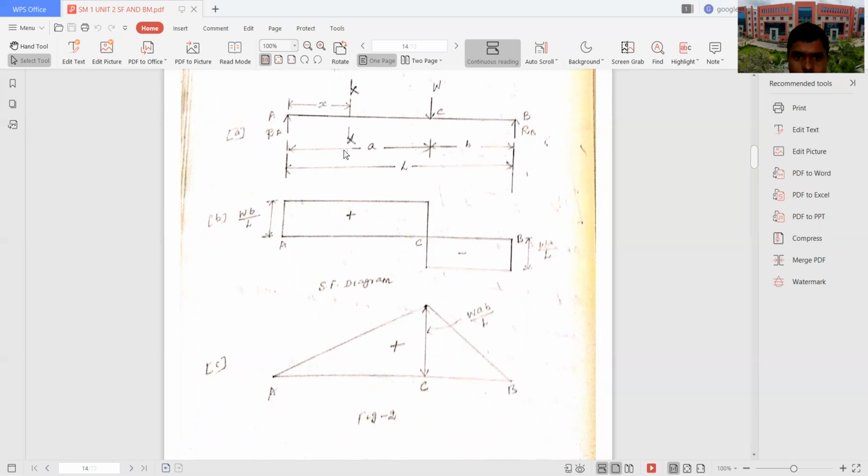So as usual, you want the shear force value. Between A and C, you want to draw the shear force diagram, so you take the section and add the values. But here you don't know the reactions RA, RB. So first of all, you should find out the reactions. For that, you have to apply two equations. One is sum of the moment at A equal to 0 or sum of the moment at B equal to 0, and another equation is sum of the vertical force equal to sum of the downward force. If you use these two equations, you will get the reactions value.